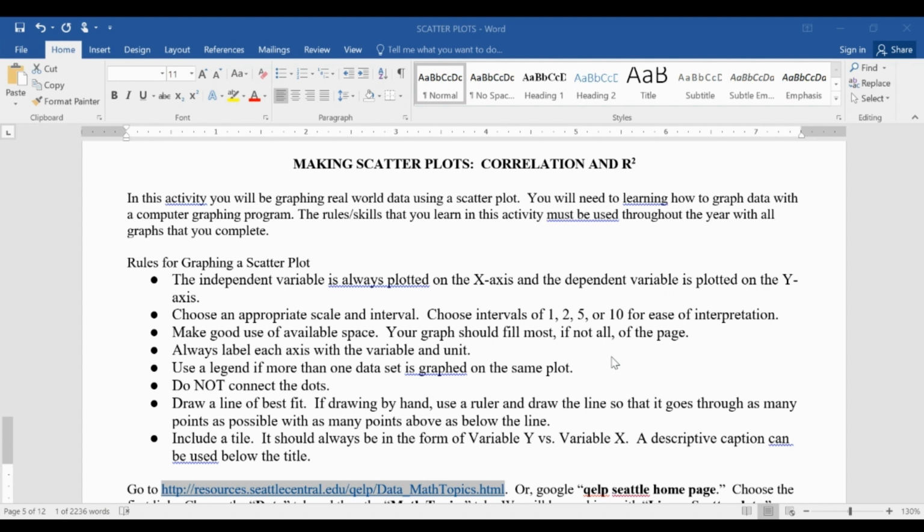All right. Independent is always plotted on the X, and the dependent is always plotted on the Y. I think I said that reversed up above. So it's always independent on the